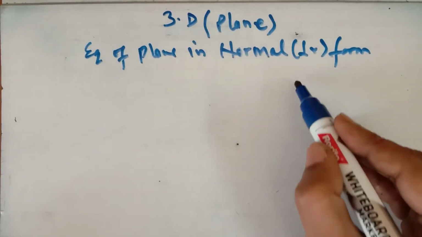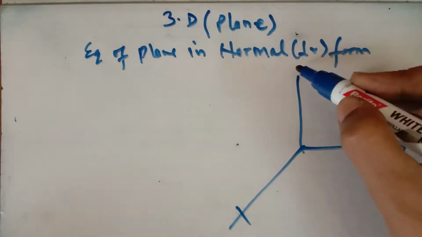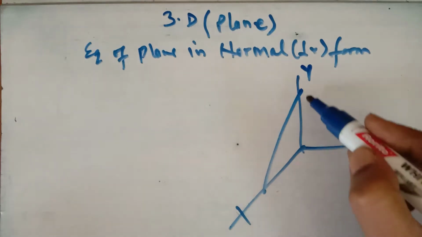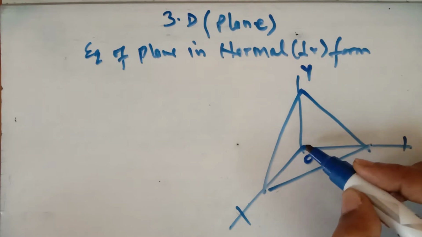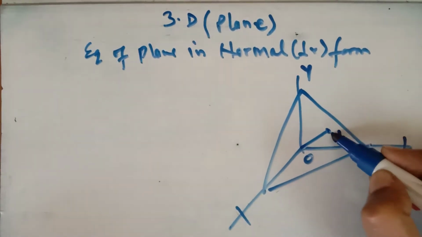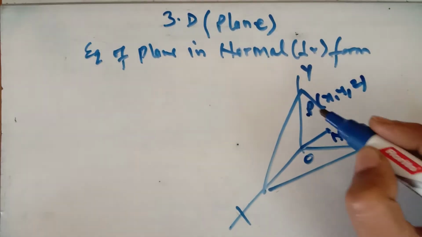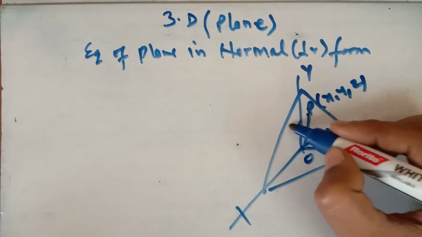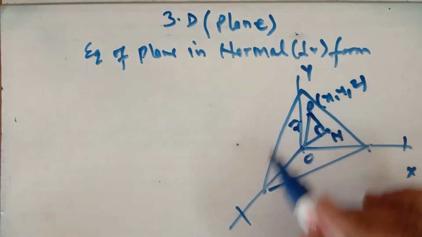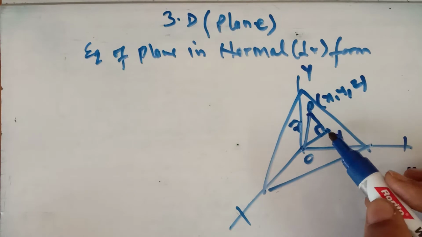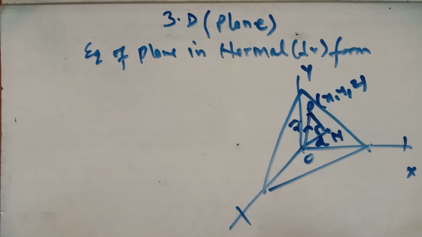Now in this, let us take we have a plane in a three-dimensional rectangular system. Let us take we have this plane, and this is the origin, and let there be a normal drawn from the origin to this plane, and let any point P in the plane have coordinates x, y and z, and the position vector of this point be r, and this is the normal. Now consider a plane whose perpendicular distance from the origin is d. This is the perpendicular distance d from the origin.